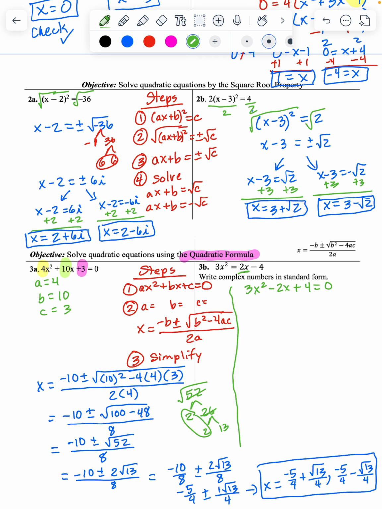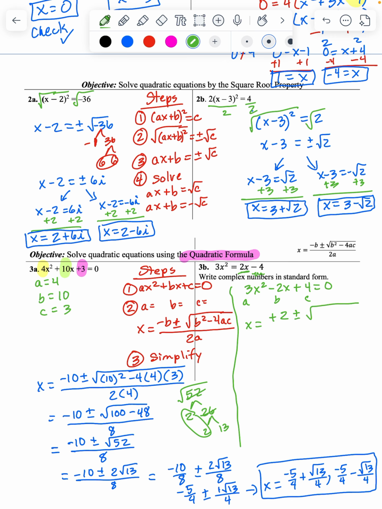To get that 2x to move over, I need to do the opposite, which would be subtracting 2x. To get the negative 4 to move over, I need to do the opposite, which would be adding 4. Now my a is positive 3, my b is negative 2, and my c is 4. So x, my answer to my variable that I'm needing to do for this problem, is equal to the opposite of b. Well, if b is negative 2, the opposite of that, change the positive negative sign, would be positive